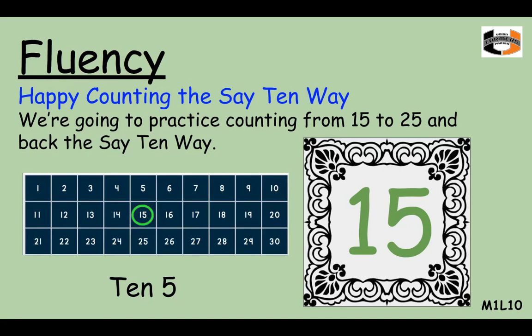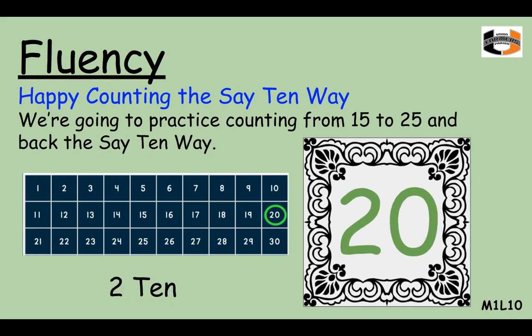It is our fluency exercise, Happy Counting the Say 10 way. We're going to practice counting from 15 to 25 and back the Say 10 way. So 15 would be 10-5, 10-6, 10-7, 10-8, 10-9, 2-10, that's 20,